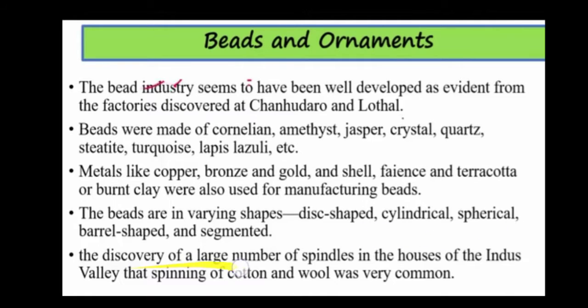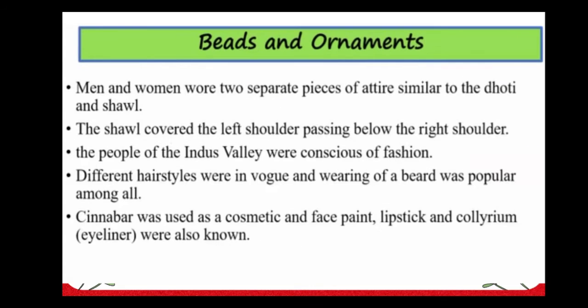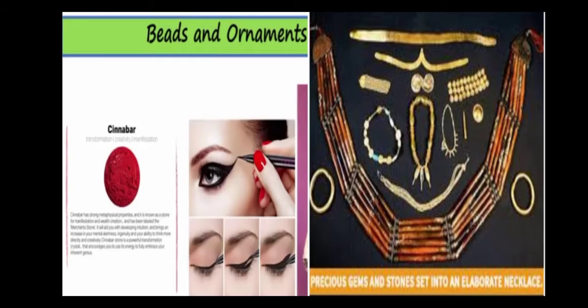The discovery of a large number of spindles in the houses of the Indus Valley shows that spinning cotton and wool was very common. Men and women wore separate pieces of attire similar to the dhoti and shawl. The shawl was covered over the left shoulder, passing below the right shoulder. The people of the Indus Valley were conscious of fashion. Different hairstyles were in vogue, and wearing a beard was popular among all. Cinnabar was used as a cosmetic, and face paint, lipstick, and collyrium, meaning eyeliner, were also known to the Indus